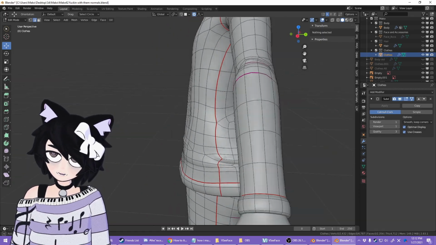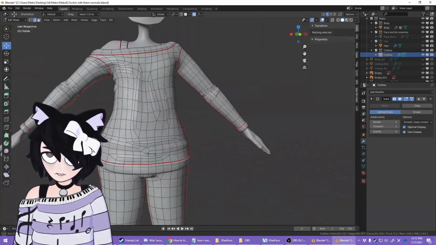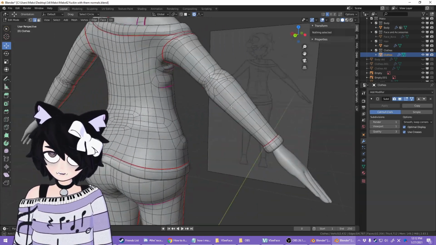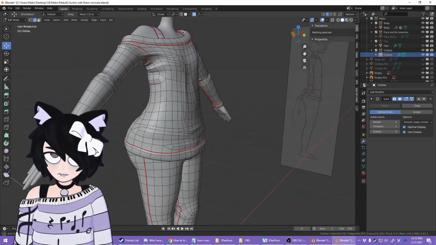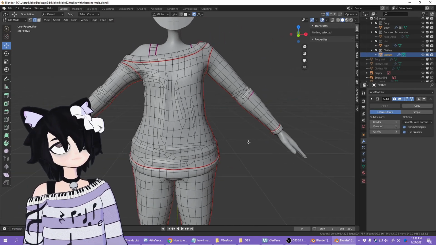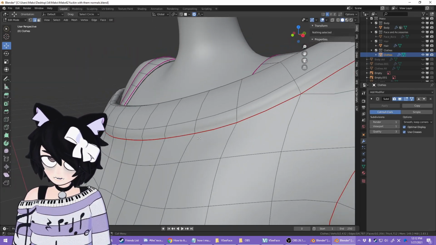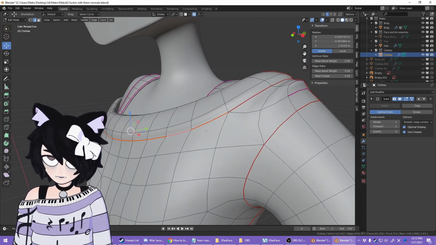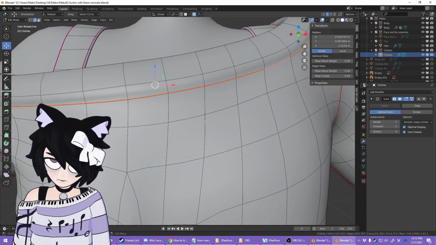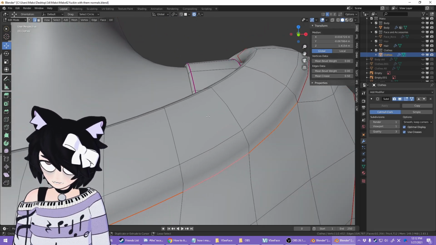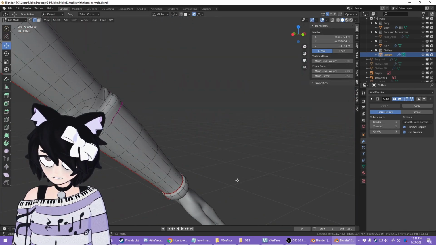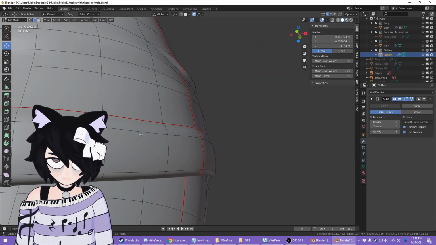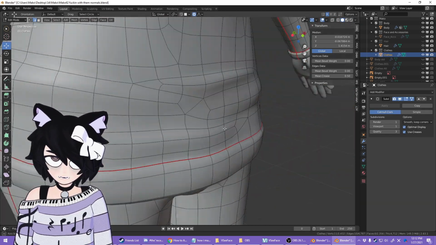I just figured that would probably make my life a little bit easier when it comes to texturing in the stripes, if it could all be one continuous thing, rather than splitting it into two separate UV maps. And we also have seams around areas in which the color is going to change. So there's going to be a lavender stripe down here, but I know all of these little collar areas are going to be solid white, including down here and down here. So same methodology I did with the socks.